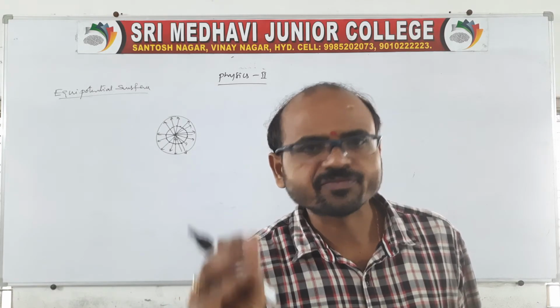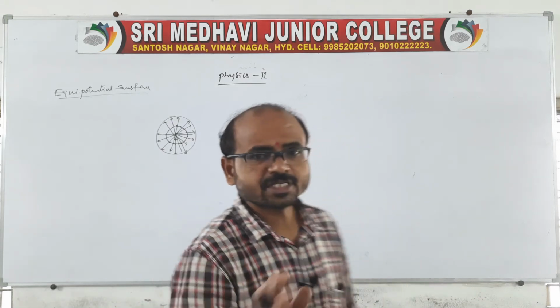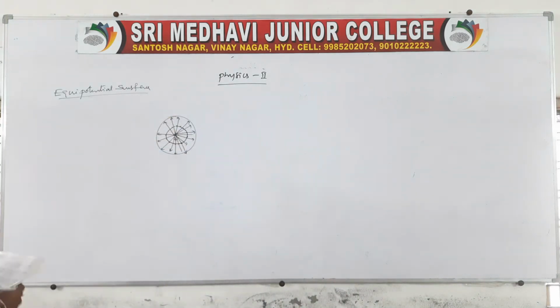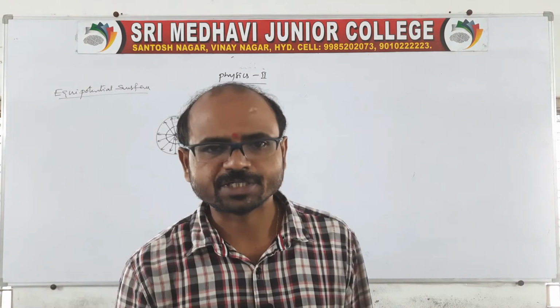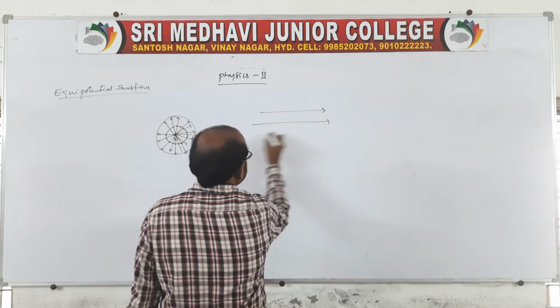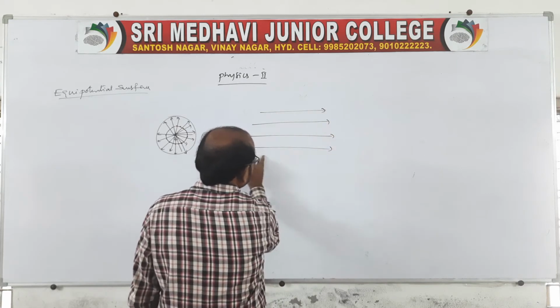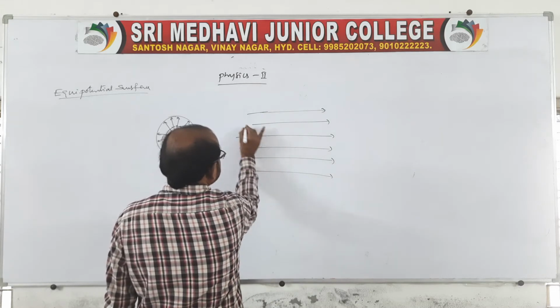The surfaces are perpendicular to the field intensity. Very clear. The surfaces which are perpendicular to the field intensity. Here it is equipotential surfaces, at every point the potential is the same. Suppose I want to tell you the potential difference between any 2 points in a given field. Suppose you draw field intensities which is a uniform electrical field. In this uniform electrical field, look here, uniform electrical field, clear?